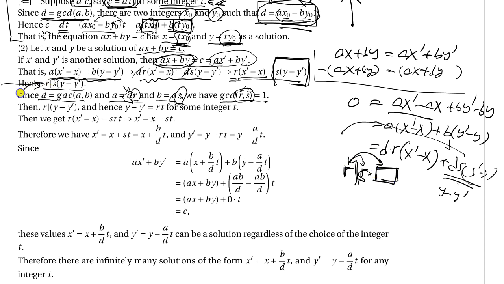So from here, we got r is a divisor of y minus y prime, which means there must be some integer t multiplied by r that makes that number, right? By the definition of divisor. So let's change this: r times x prime minus x, which is over here. Then instead of r, we can put